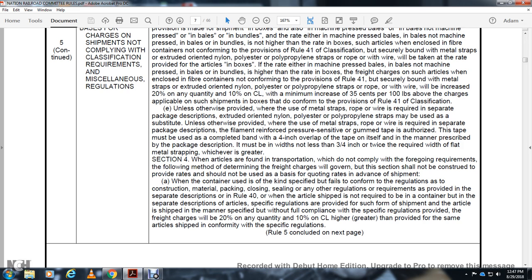When articles are found in transportation which do not comply with the foregoing requirements, the following method of determining the freight charges will govern, but this section will not be construed to provide rates that should be the basis of quoting rates in advance of shipment. When the container is not of the kind specified or fails to conform with the regulations on construction, material, packing, closing, sealing, and any other regulations,